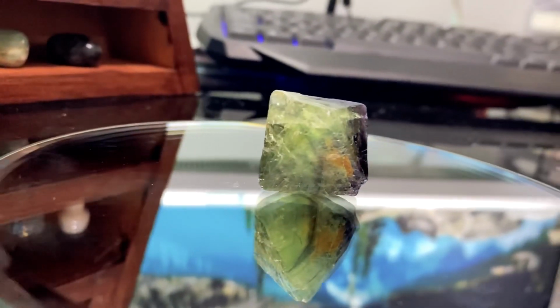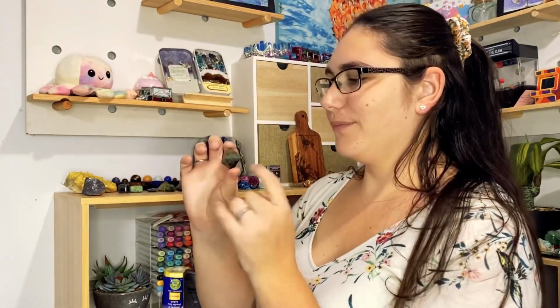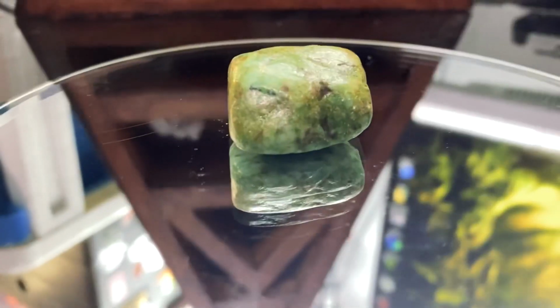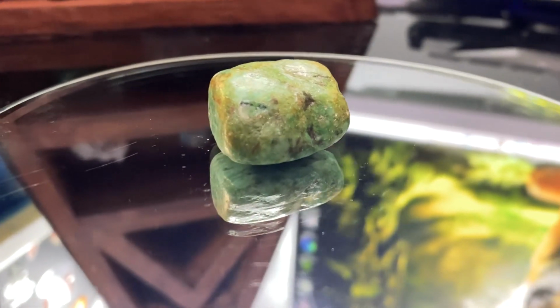Next piece I have is this fluorite piece. I do like him. He kind of looks like the little thing above the Sims head. That was just a really bad reenactment. But I do like this piece of fluorite. Next up I have this cute little hematite tumble. I just think hematite's really cool because it looks just like a piece of metal, but you know, it's a crystal. Then I have this chrysocolla